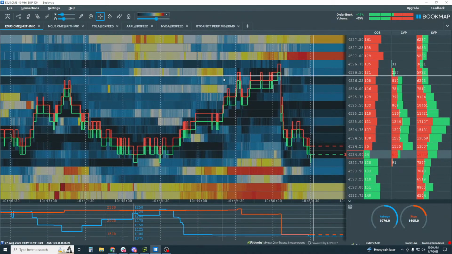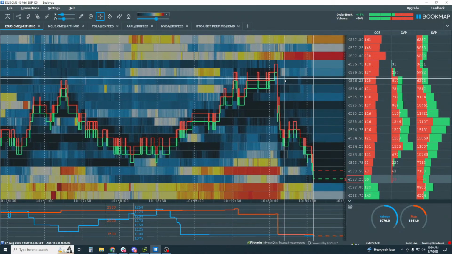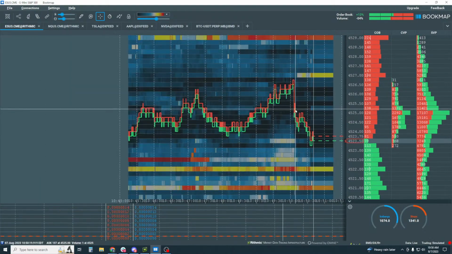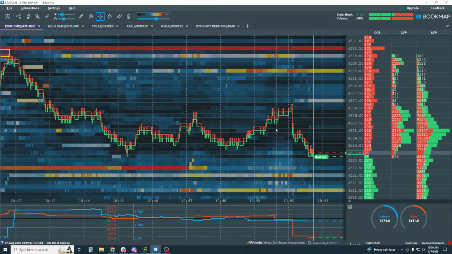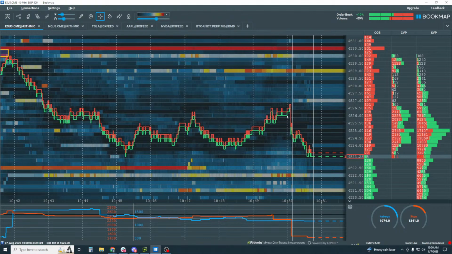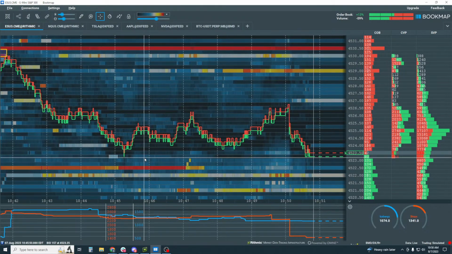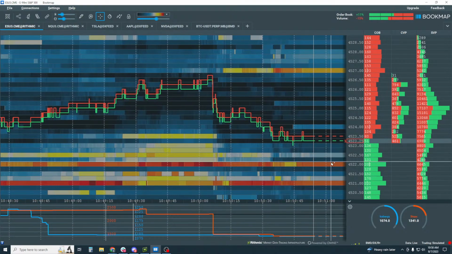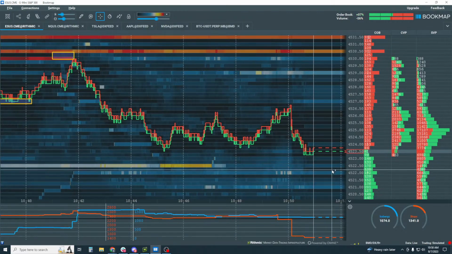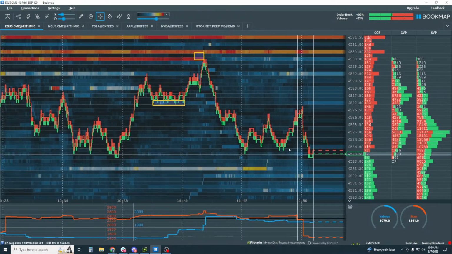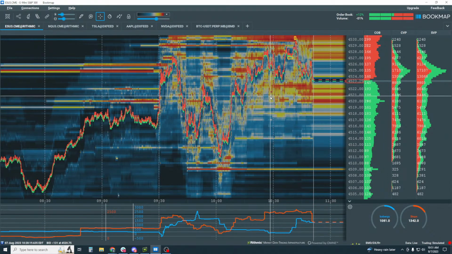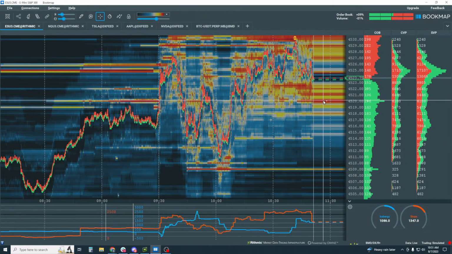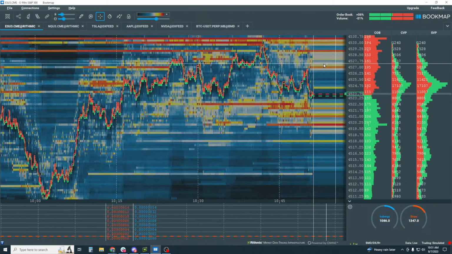Okay, this happens all the time. All right, so now let's see if we get it. After testing up here and not accepting, it clearly rejected up here. We're back down to the bottom of the range. So now we're looking for a skew on the offer, them to pull on the bid, and then we're looking for our 22.5 and lower here. Maybe we can come down to 20.